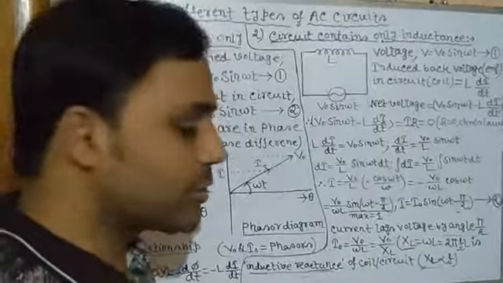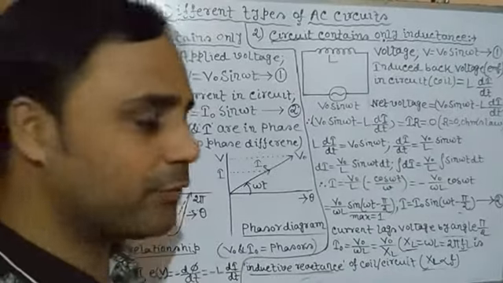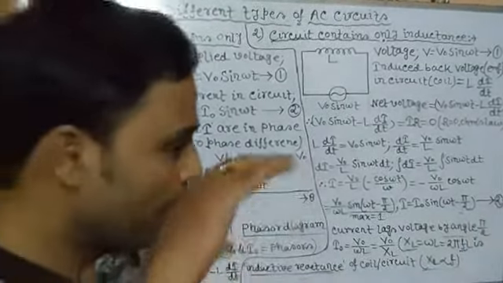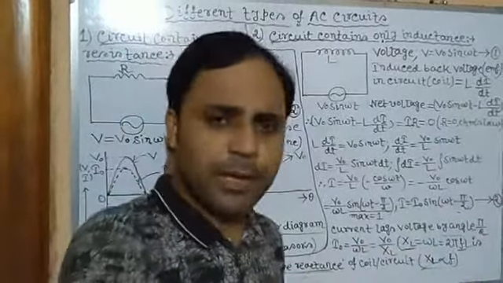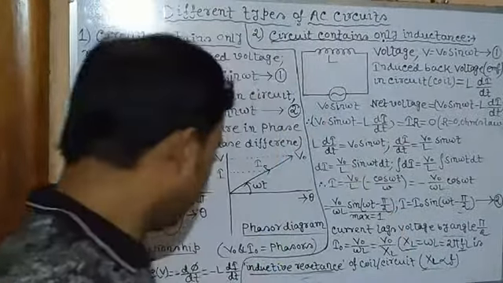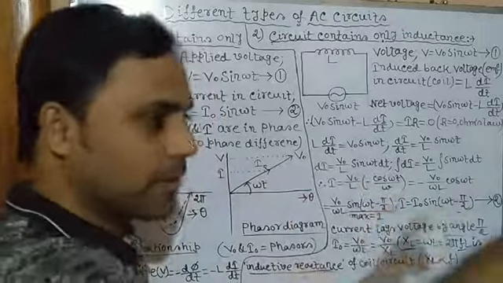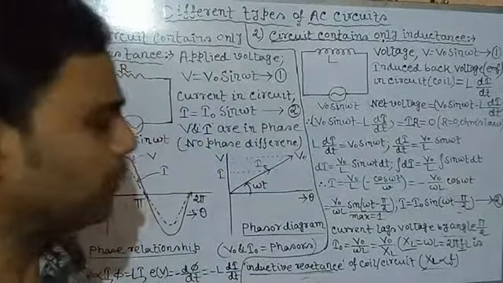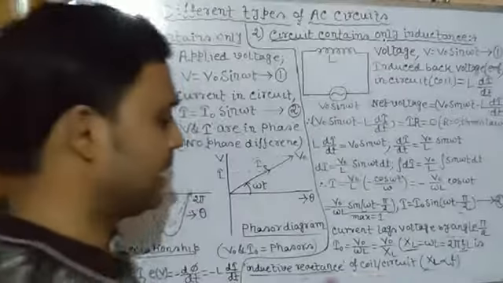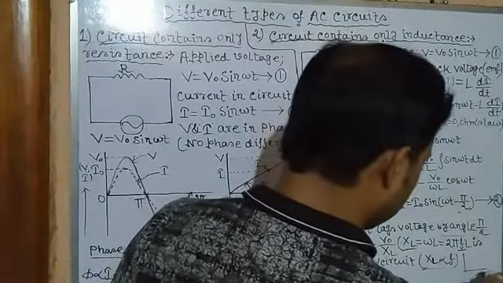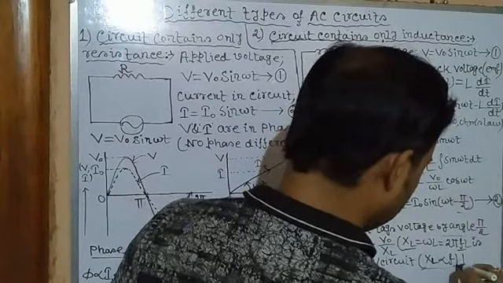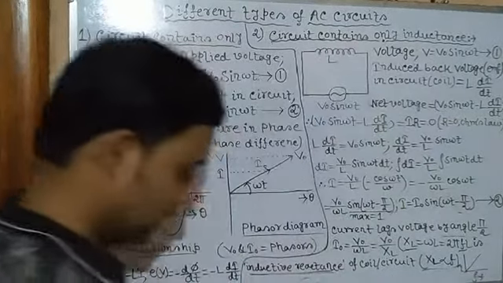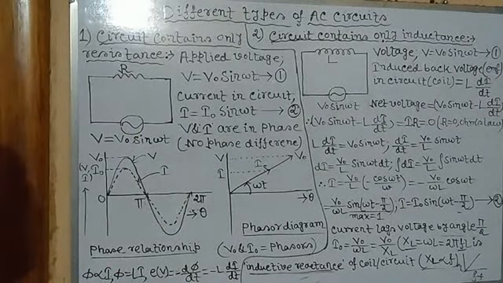So it creates more opposition in the flow of alternating current: more frequency, more flow of current, more change in flux, more inductance, more inductive reactance, and a higher rate of opposition to the flow of alternating current. That's why if we plot a graph of F and XL, it will just be a straight line. Clear? Now what will be its phasor, phase relationship and phase diagram?